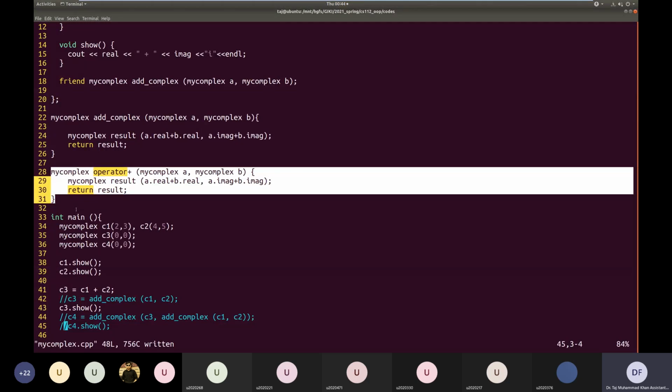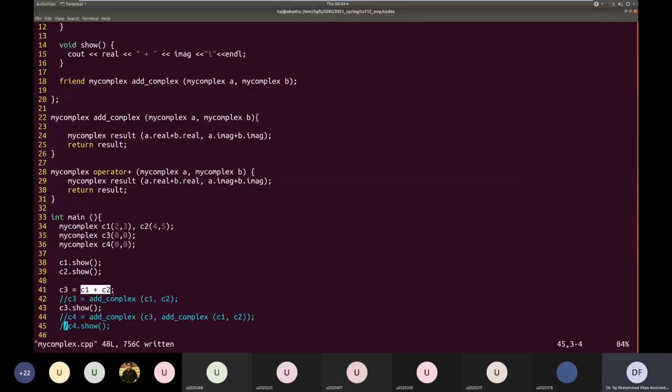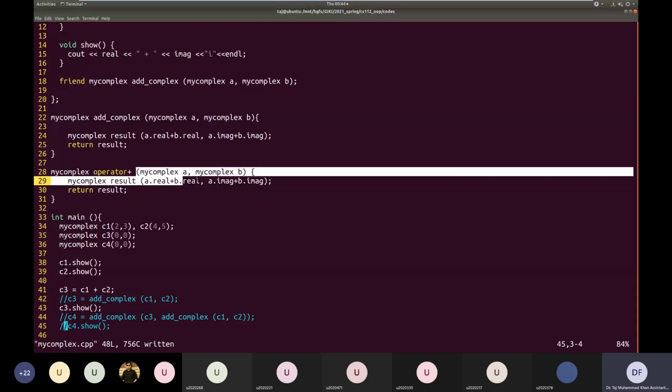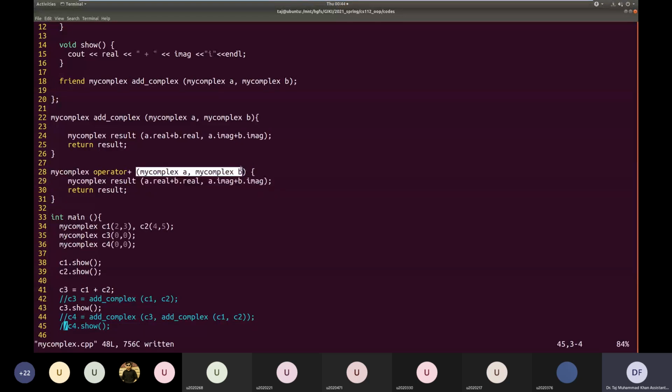In this place, it will call this function on line number 28, and these two operands, the left and the right operand, will be passed as function arguments. Since it's a binary operator, it takes two arguments, so our function also has two function arguments.